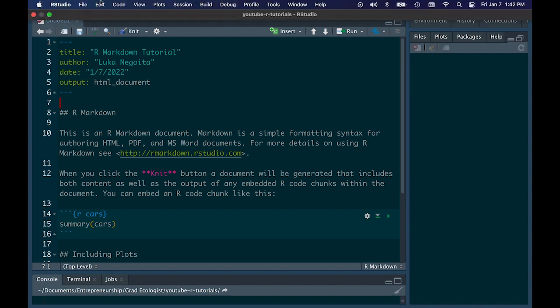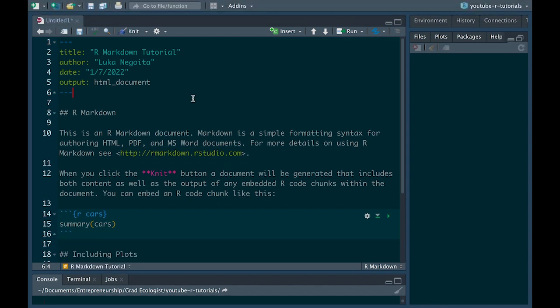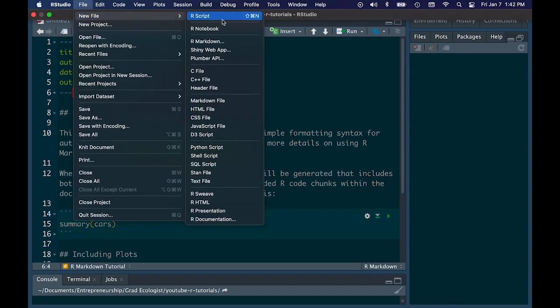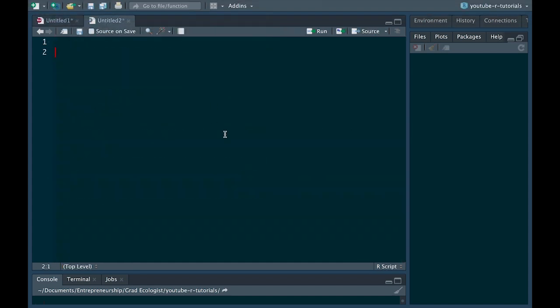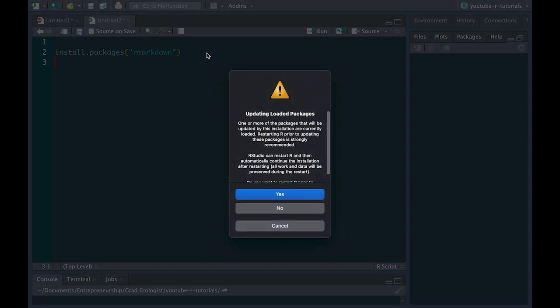If you don't, or you don't even see the R Markdown, then before you do anything, you'll want to go to File, New R Script, and you're going to want to install.packages R Markdown, and you want to add quotes around that. So now if I install that, it's going to tell me that it wants to update it since it's already installed. In your case, it'll just install it.